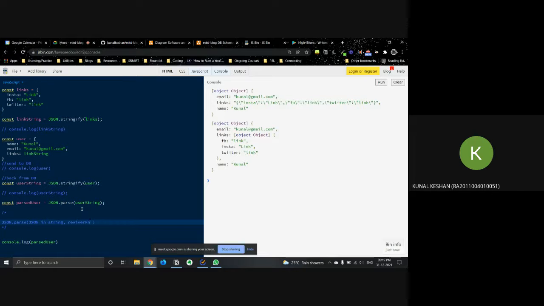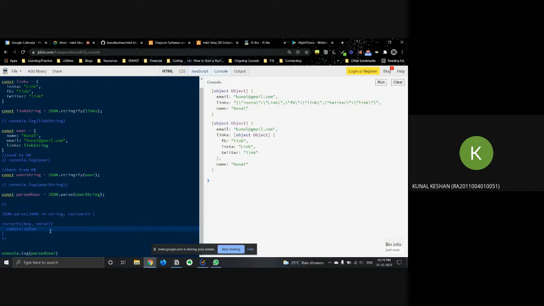This reviver function takes in two arguments, the key and the value of the parsed JSON. Whatever we do, we have to return the value. If it returns null or undefined, that particular key also becomes undefined. So if you're using a reviver function, it's important to return the value.